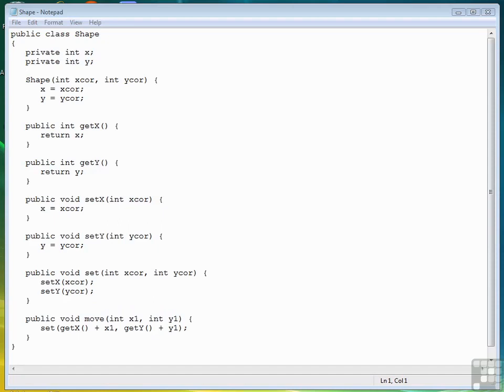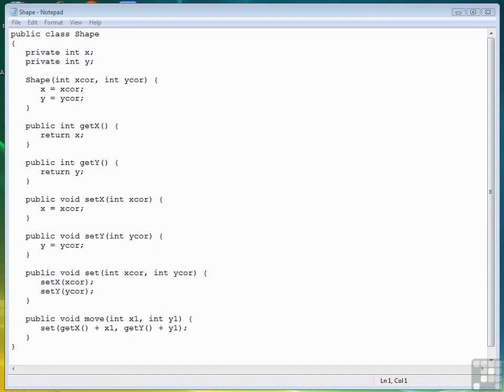As I've mentioned several times, when you're writing, say, a graphics program, you don't create a shape, you create a type of shape. A circle, a square, a rectangle, or some other type of shape. So having the class shape be something we can instantiate really doesn't make a lot of sense. And in fact, it could be a problem if somebody inadvertently created a shape but wasn't able to do anything with it because the shape class may not be completely implemented as far as interface methods that you need for your